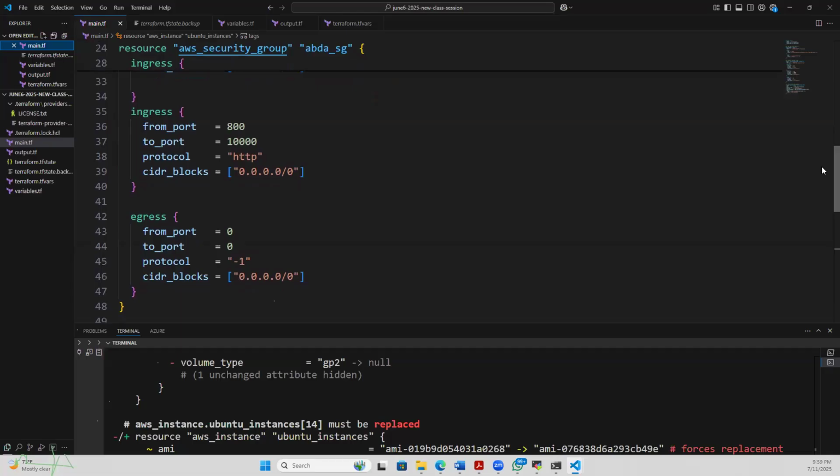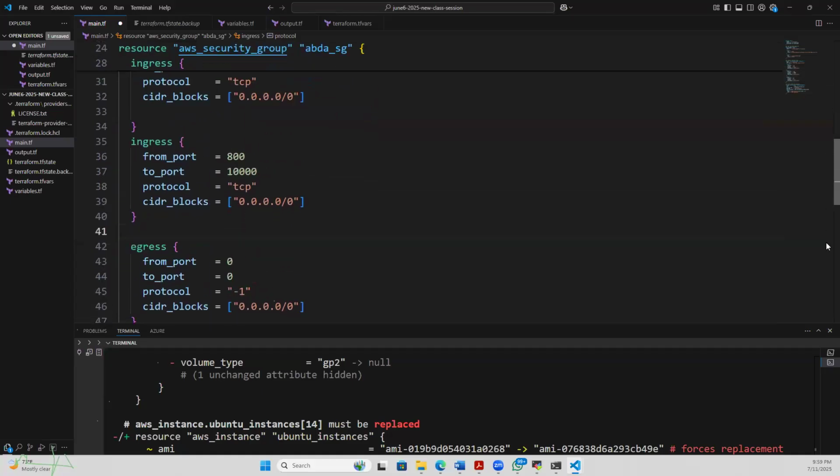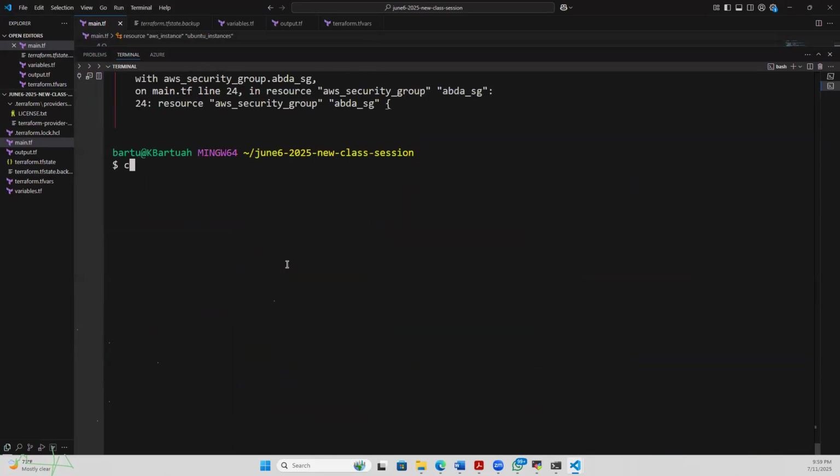It's giving an error on this protocol. What I will do,